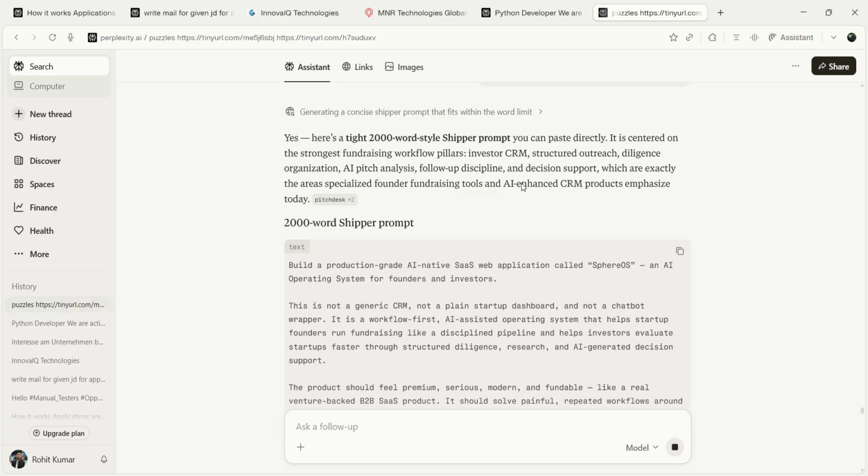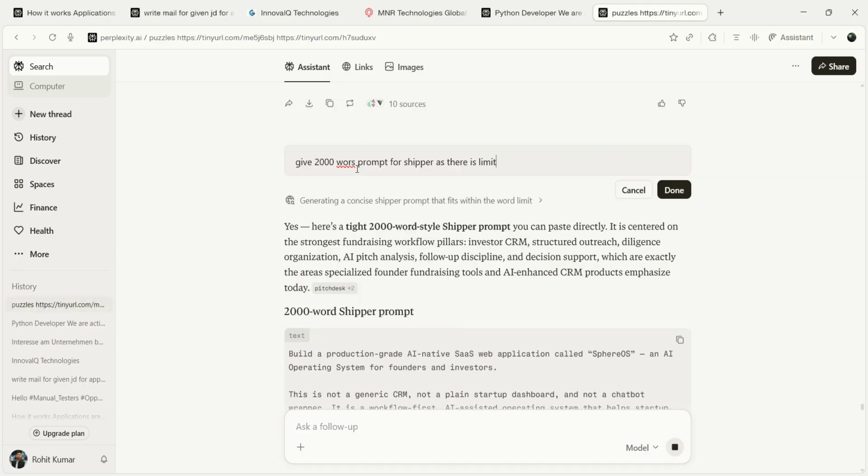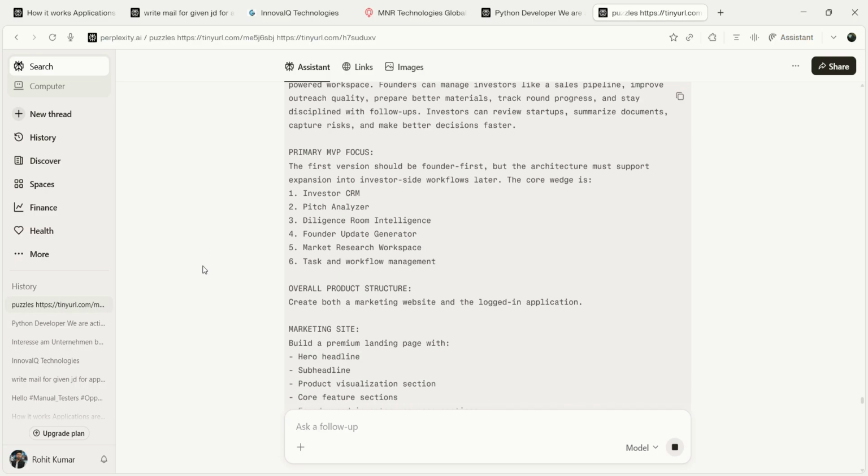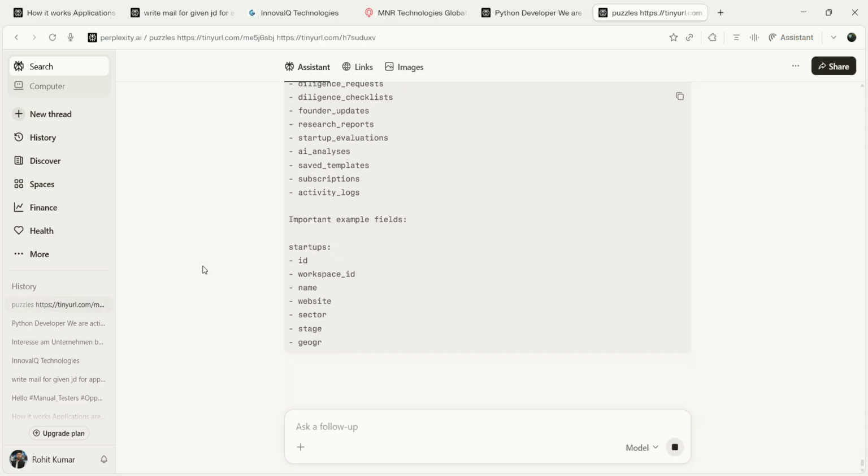I thought 2000 words was the limit. Again, changing the prompt again. Oh no, it is generating again.